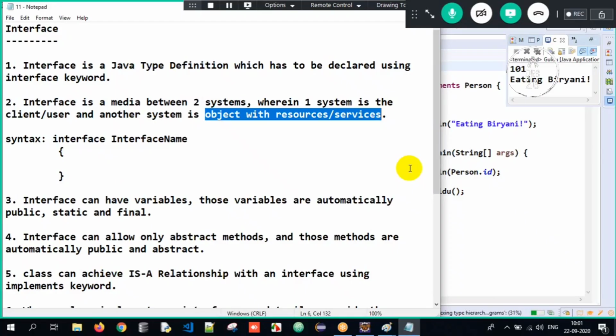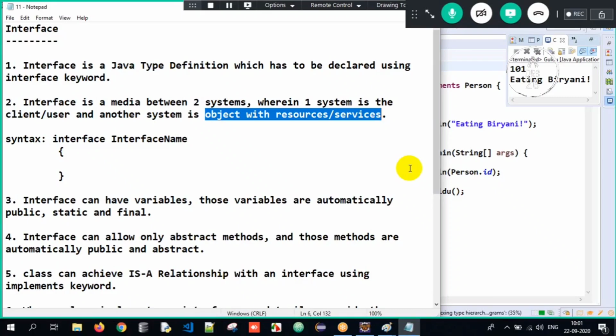Similarly, the interface between me and you is the online session, that is Java, correct? That is the major reason. What is connecting me and you? I'm a trainer and you're a student. So what is the connecting medium between you and me? I'm training Java and you're learning Java. So Java is the medium, the interface between me and you, correct? This is all about it.